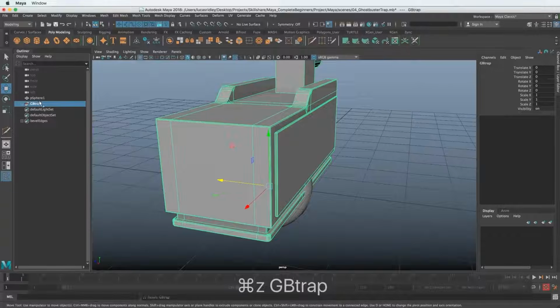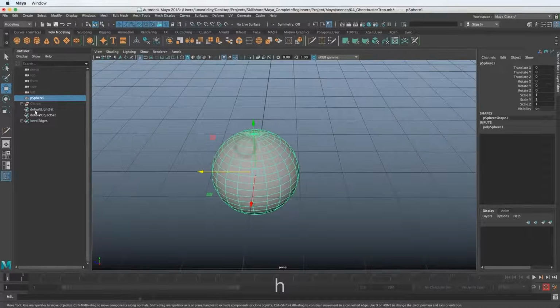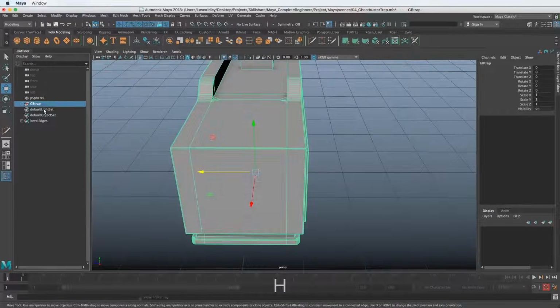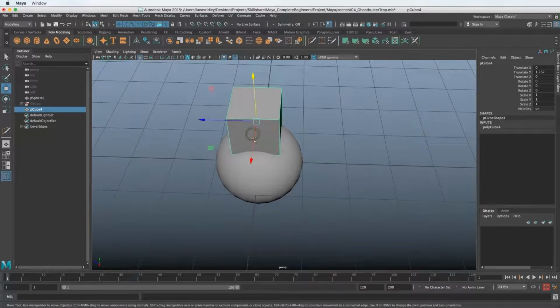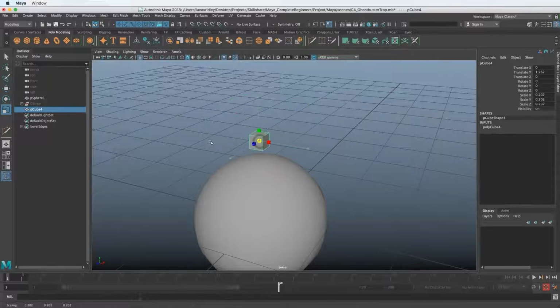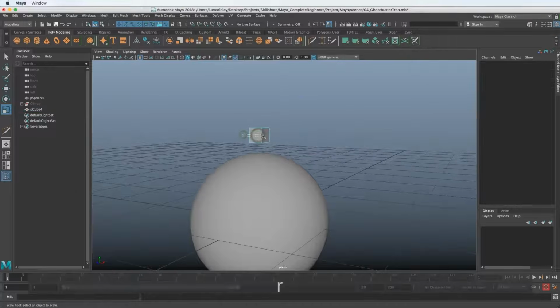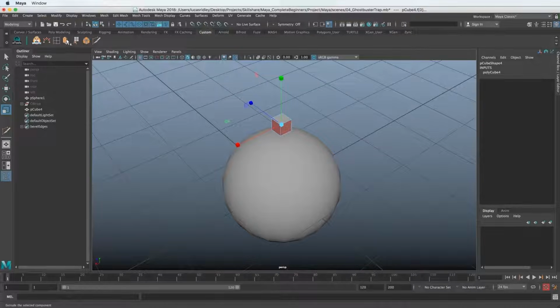and hit enter. And now with that selected, I can hit Control H, and that'll hide it. So now I can focus on what I'm working on here. You can see it kind of grayed out here, so we know it's hidden. And to get that back, we can just hit Shift H. Okay, so with pSphere, let's create its screw and inset here. So let's scale this down, hitting R, scale it down, and I want to select all the faces on the outside here. So I'm going to click and drag and select all those faces. Then I'm going to go to the custom shelf and go to extrude.